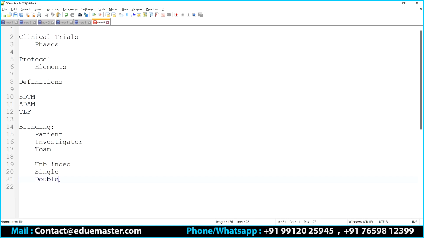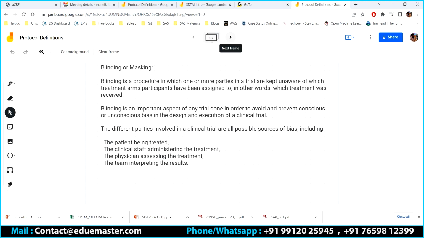All right. So double blinded is also done, and the third and the last one is triple blinded. The triple blinded is the one where none of the people who are part of this particular approach are aware of what treatment or what drug is actually happening there. So they're strictly going to follow the protocol. As per the protocol, they're going to proceed. Correct? So this is the first thing, that is blinding.